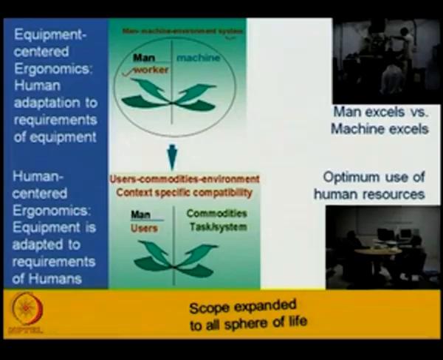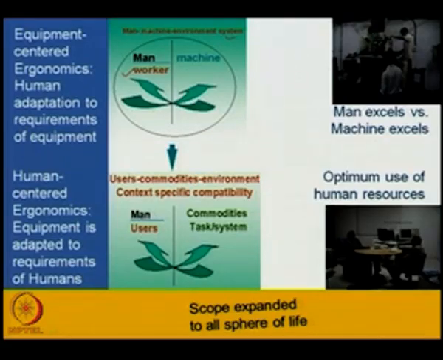In this case, we can say that man excels in some points versus where machine excels. Now, how to match these two excels to get maximum benefit, the productivity? That was the consideration at the beginning, and that was considered as equipment centered ergonomics, human adaptation to requirements of equipment. And now,